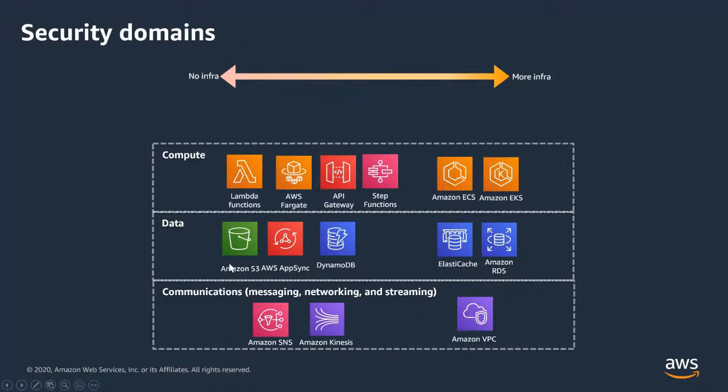You could get a NoSQL database. You could also look at Aurora Serverless as an option, which the icon's not here, but still makes sense from a serverless perspective. From a communications perspective, when you're having integrations between multiple services, you could look at SNS or Kinesis. And then if you're having it within a network, you want to block the network, you would create something like a VPC. So that's the security domains.